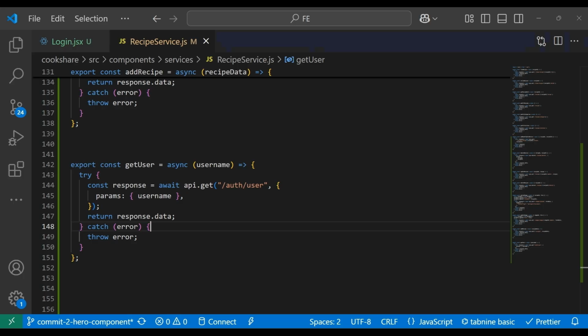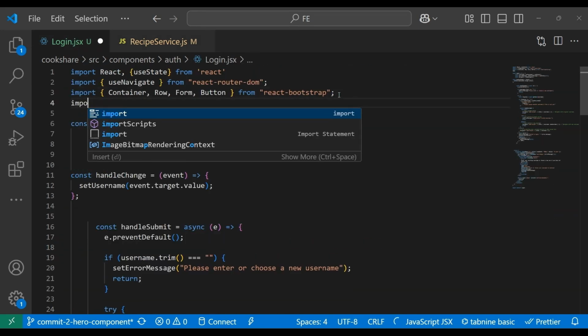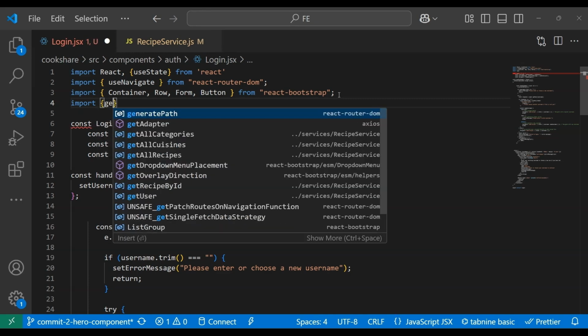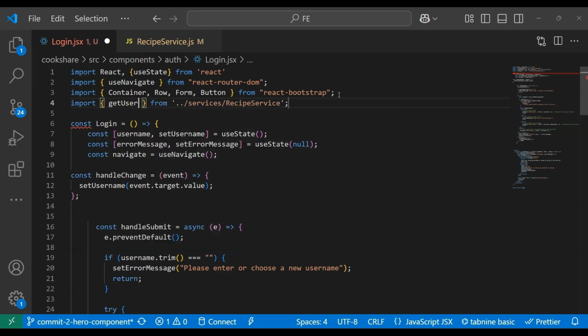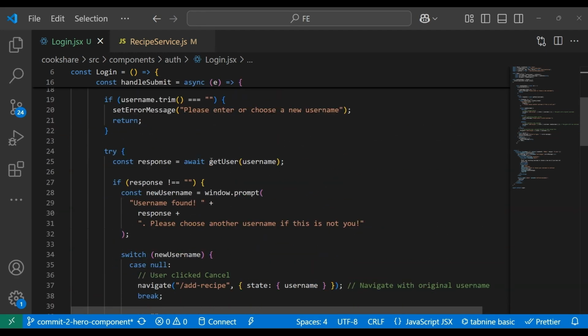So let's come right here. There's no point of this one anymore. So here we're just going to say users, right? And then we'll pass in the username as the request param. Now let's go back right here to get this get user imported. So I'm going to say import get user right there. So that is this one right here. Okay, so now that we have done this,